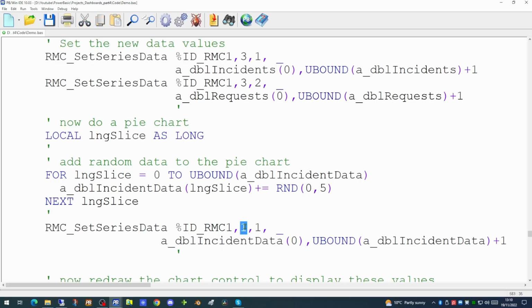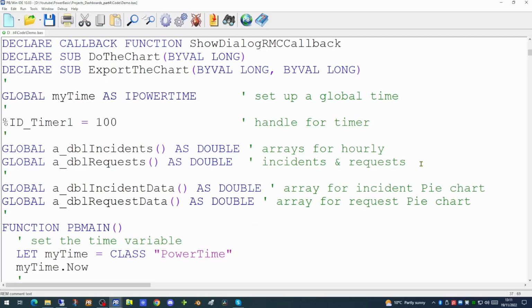So this will be region 1, series 1, our very first pie chart. Before we run our code, we'll need to dimension this new array. So we'll set that up so we can always do the request data pie chart at a later point.